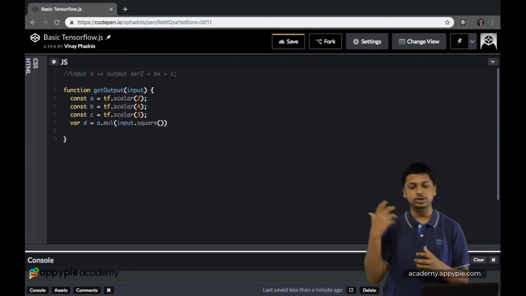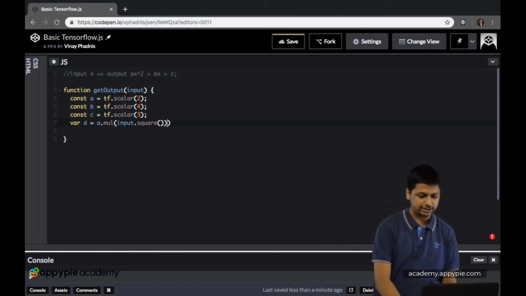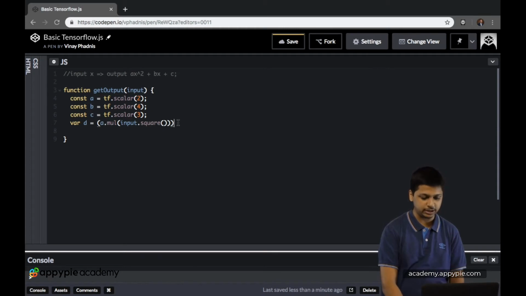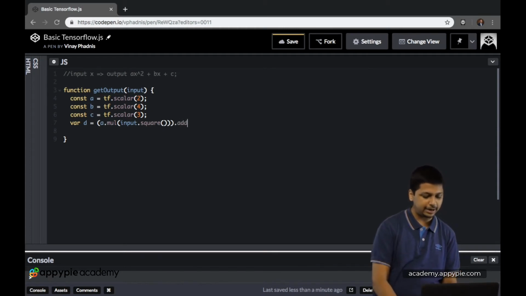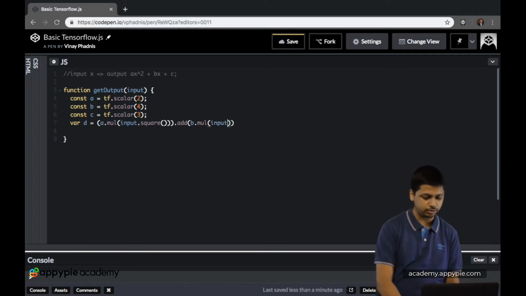Okay, so now we have input squared, so now we have to basically add something to it. Let's add round brackets around this. So over here we have a, this bracket is ending over here, so now let's do a.add, and over here we basically want b.multiply, and we have to multiply it with x, so let's call this input.